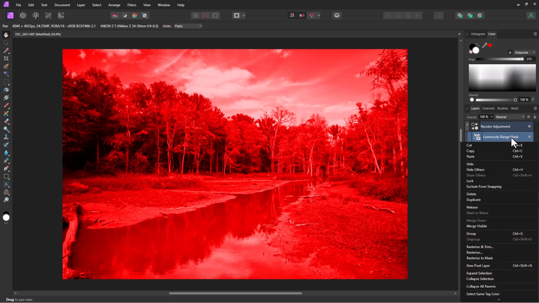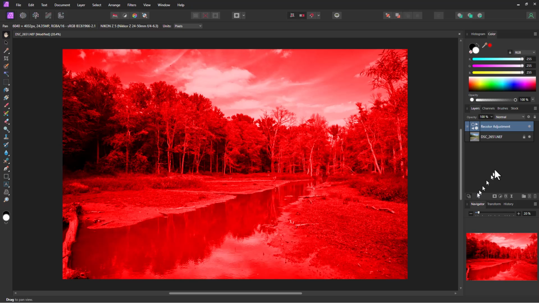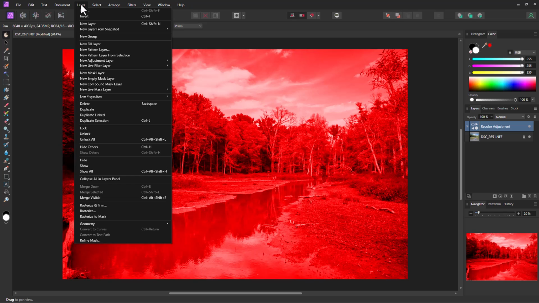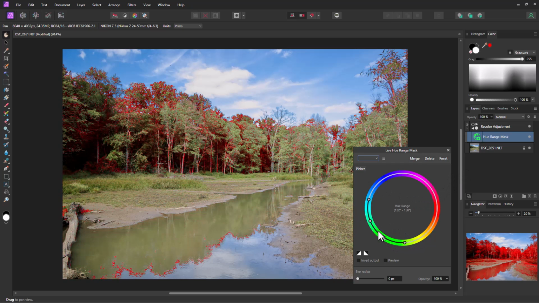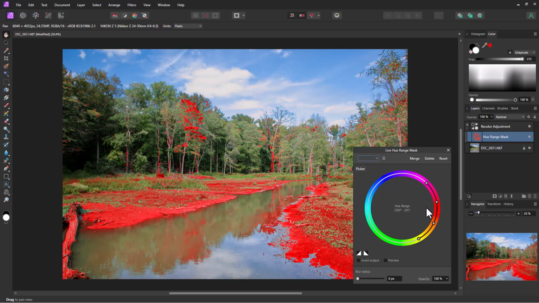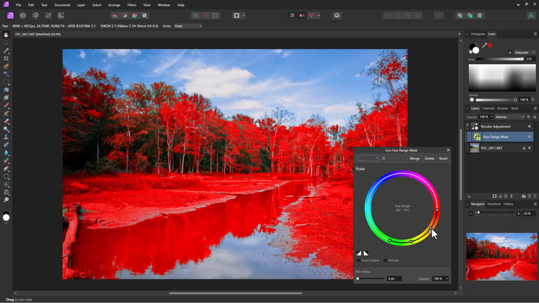and we'll go ahead and delete the luminosity mask, and let's create a new layer mask here, and we're going to do hue. And so the hue, you can see it's already changed it based on the hue, and if we move this hue around, you can see whatever hue we select, it's applying the effect to it, and the effect is where it's red, of course. So we can use this and adjust